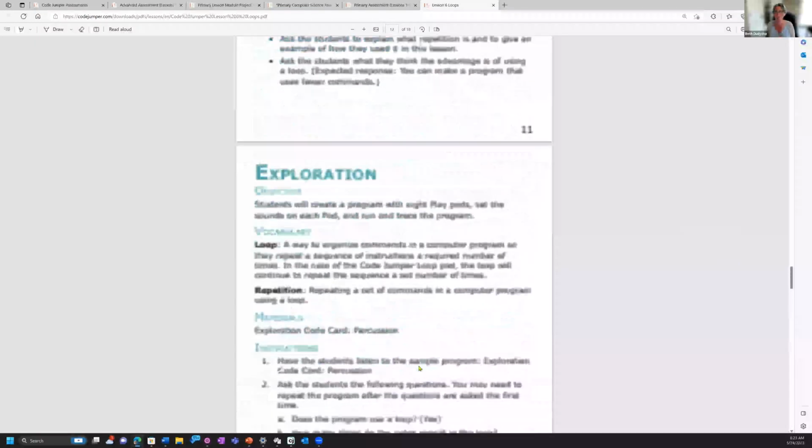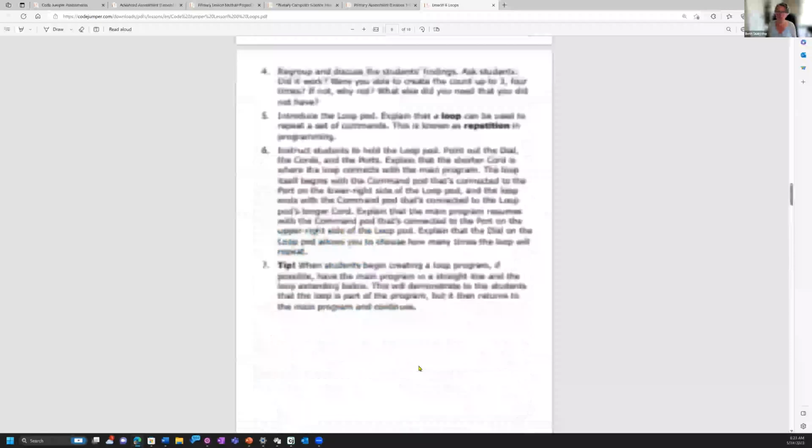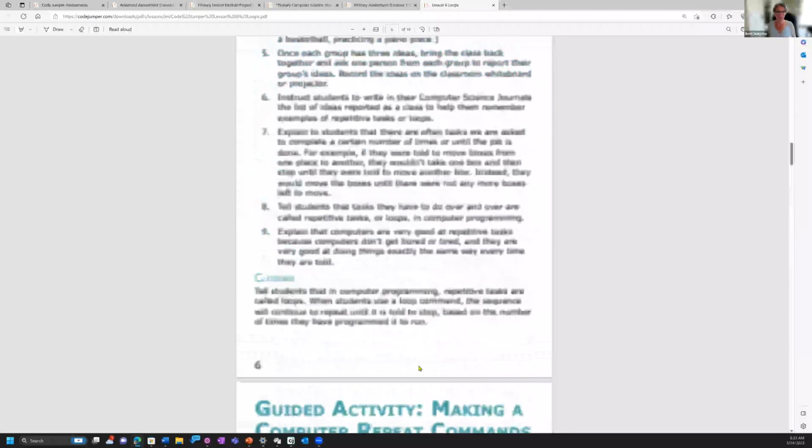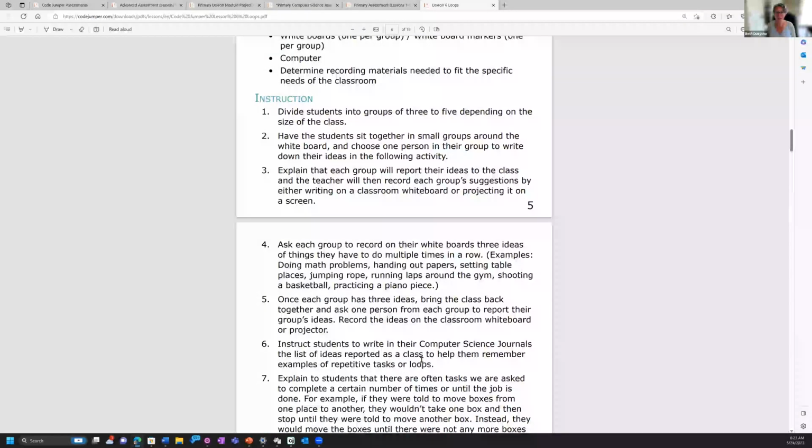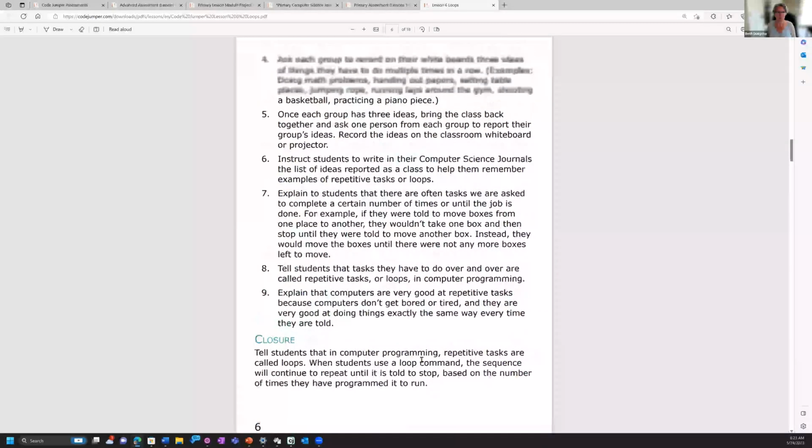And then in their writing, maybe that's a picture, maybe that's a drawing, maybe that's a retelling of a conversation. You know your students best and how you want to structure that. And sometimes leaving it open-ended is a blessing in disguise, because those kids will come up with some things that really let you know what they're thinking. And if they understand what a loop is, then you can jump to the next part of the lesson,